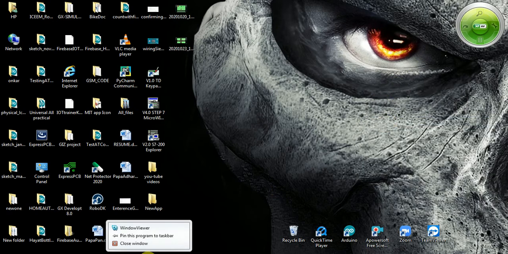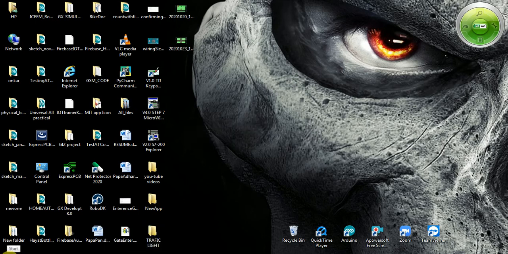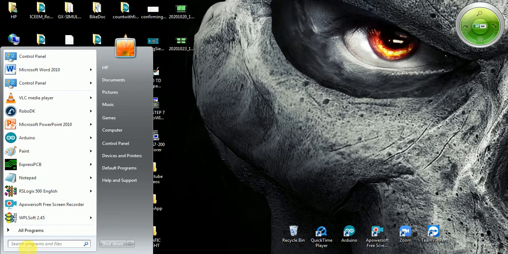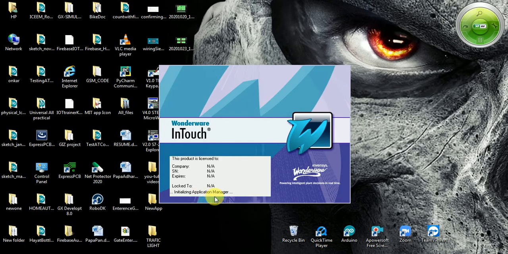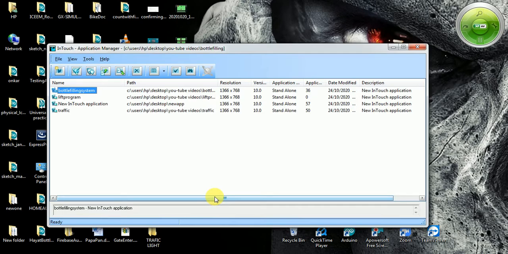So here we have to cut it, okay, so we have cut it. So again we will go to the InTouch. Now we are going to see a system which is based on a lift.